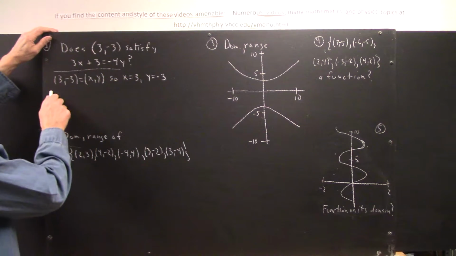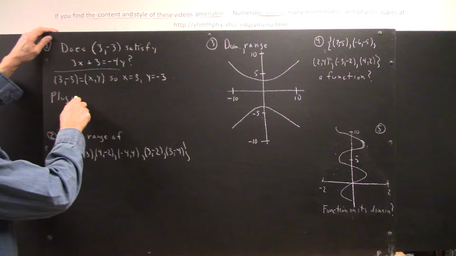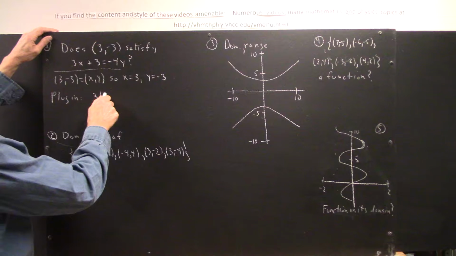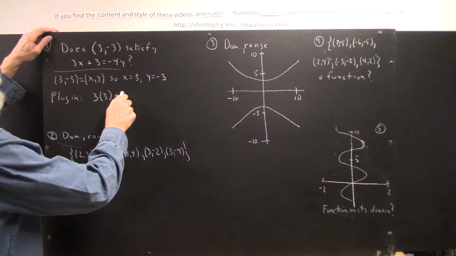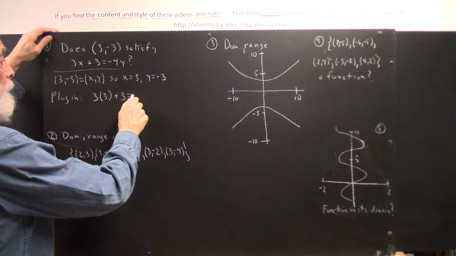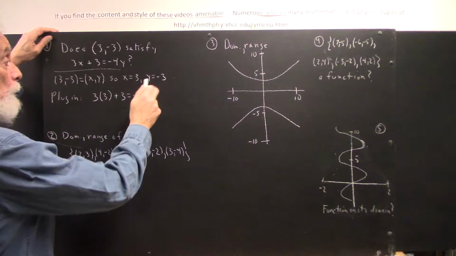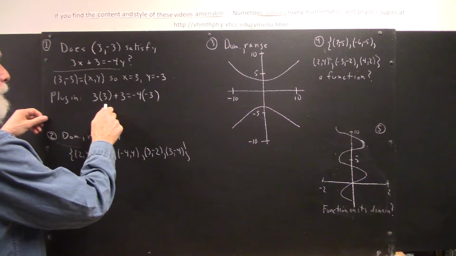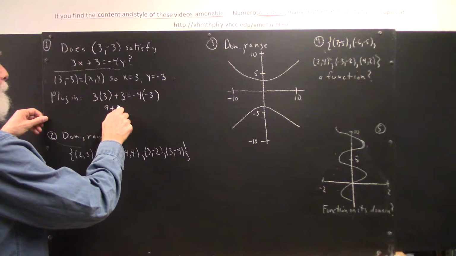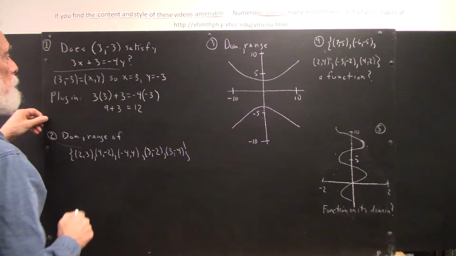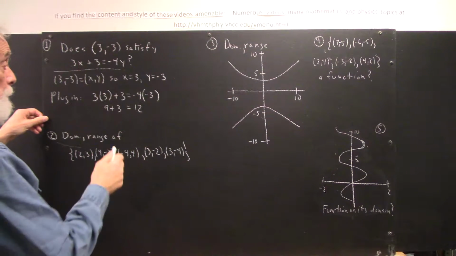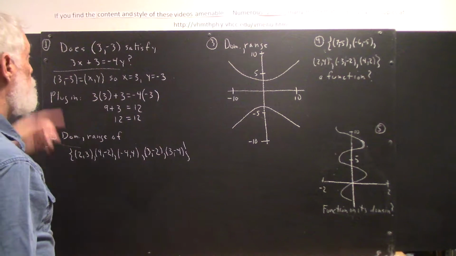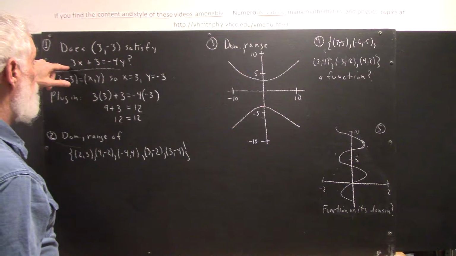To find out, plug in. We plug in 3 for x, so 3x becomes 3 times 3. The 3 remains what it is. And that should equal -4 times y, where y equals -3. Well, we do the arithmetic. We get 9 plus 3 equals 12. And it does appear that we end up with 12 equals 12. So this point appears to satisfy